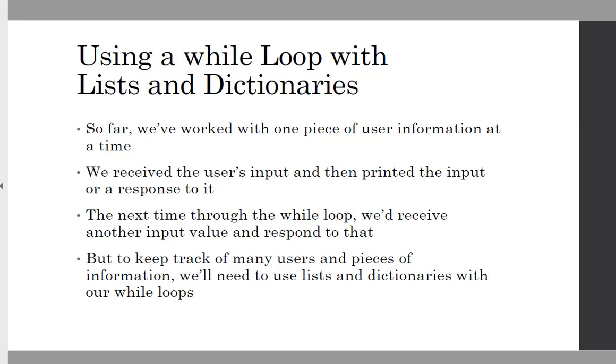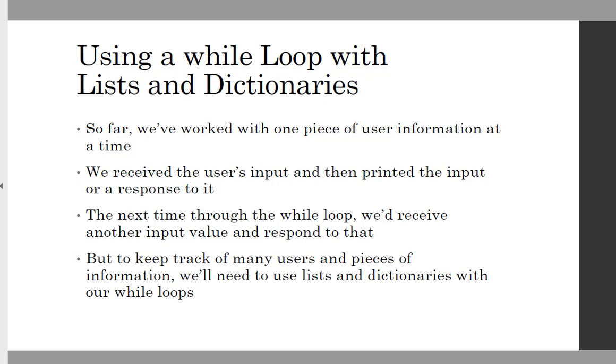We're going to go ahead and look at the objectives of using a while loop with lists and dictionaries, moving items from one list to another, removing all instances of specific values from a list, and lastly, filling a dictionary with user input. So far we've worked with one piece of information at a time when we're working with our input prompts. We received the user's input, then we printed the input or response to it. The next time through the while loop, we received another input value and responded to that. But to keep track of many users and pieces of information, we'll need to use lists and dictionaries with our